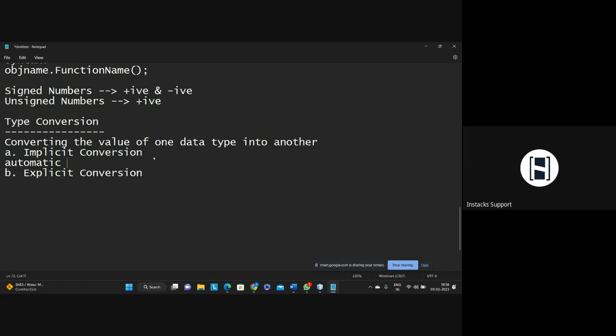Automatic. You don't have to do anything. Who is going to do it? My compiler. It is completely taken care of by my compiler. Implicit conversion means it's an automatic conversion which is done by my compiler. When will the compiler do it? The compiler will do this sort of conversion